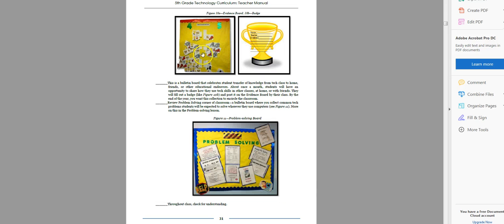Evidence board. They did this last year, probably, if they use this curriculum. So it is where you have these badges available. They're printed out because this is a visual board where they take that badge and stick it on the board. And once a month, you're going to ask them to provide evidence of how they use the technology we've been talking about in class. Whatever the lessons have been, if it's digital equipment or a PowerPoint slideshow or a Canva flyer, they're going to show how they use that